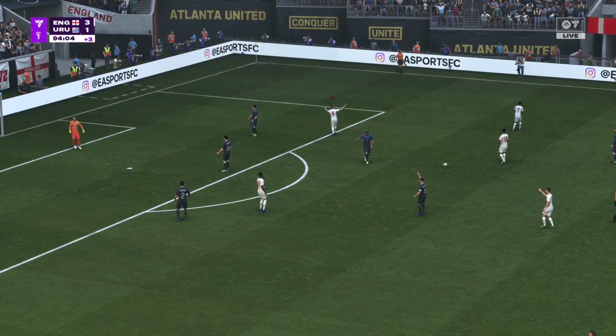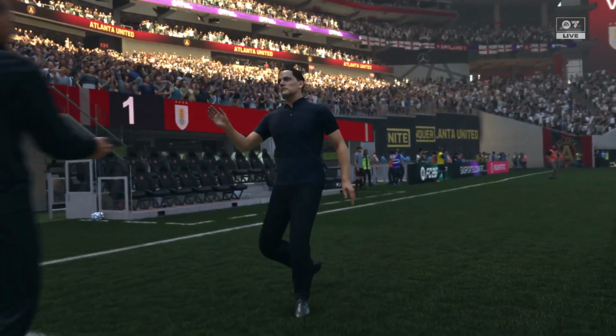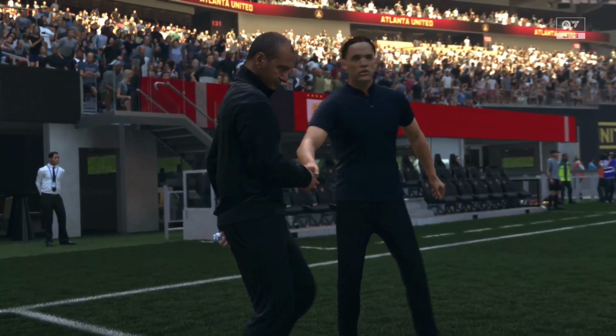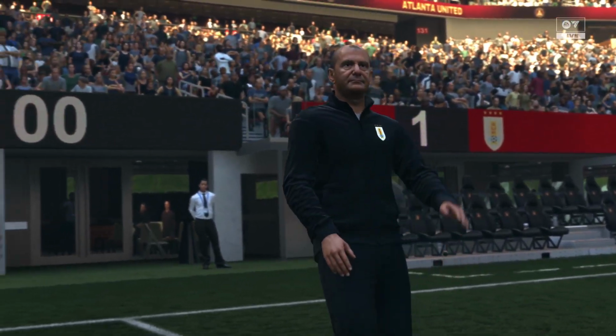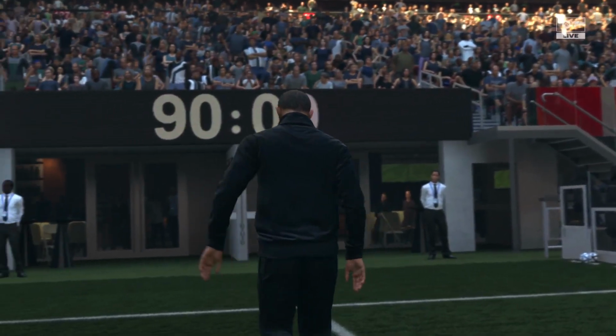There's the final whistle. The home fans are jubilant. They are going through. Well, they won most of the individual battles all over the park today, and that was key to their comfortable win in the end. It was a really composed display in a very important game, and they'll certainly fancy their...